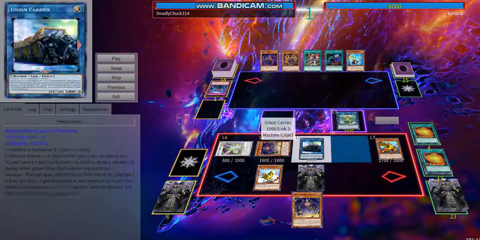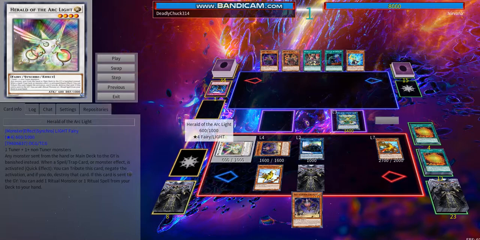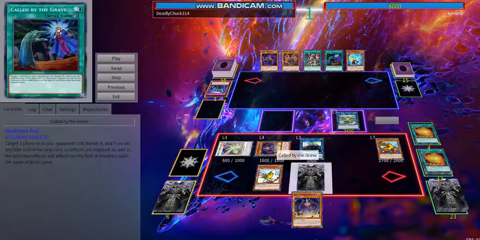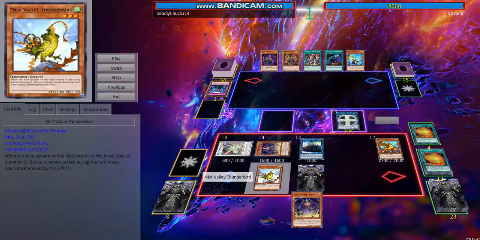You have your Duza, your Arclight as an extra negate, also giving you resilience to Forbidden Droplets, and you have your Miss Valley Apex Avian lock. Unfortunately, you do not have your